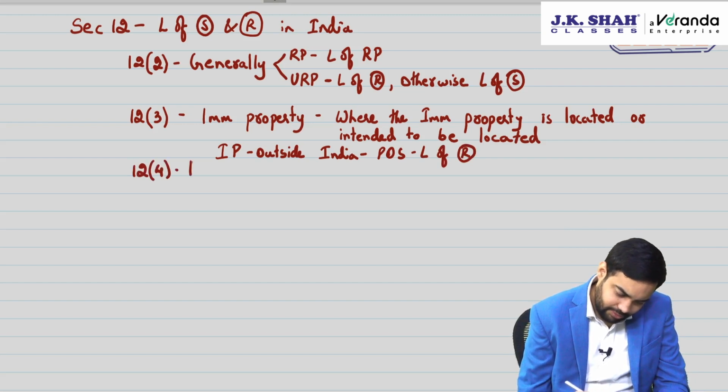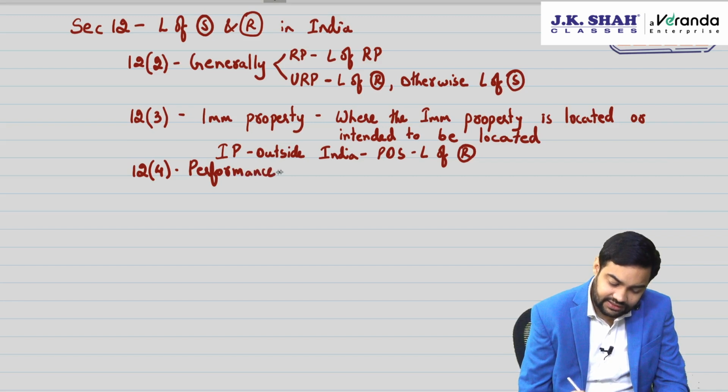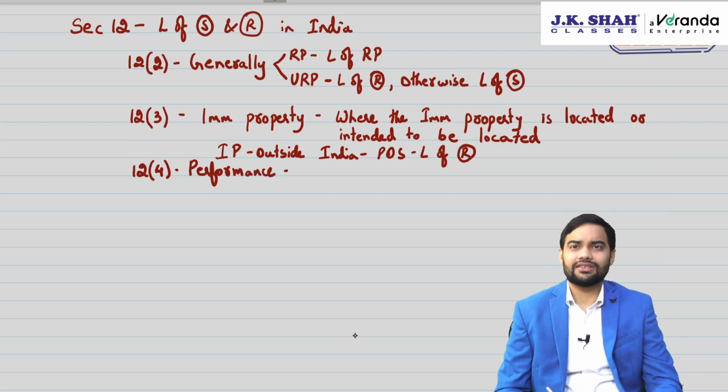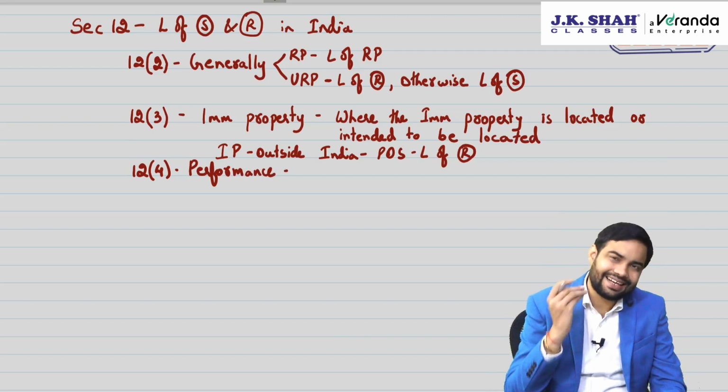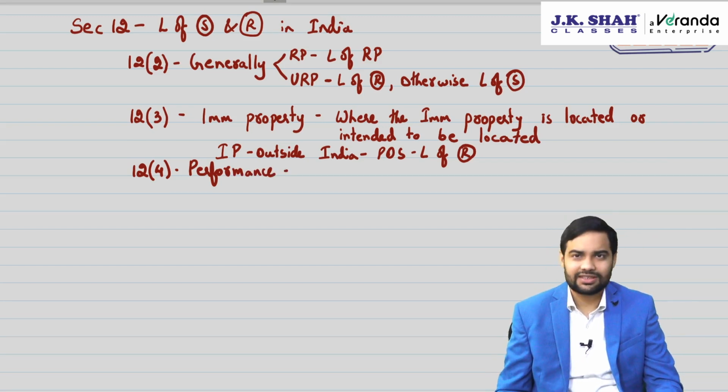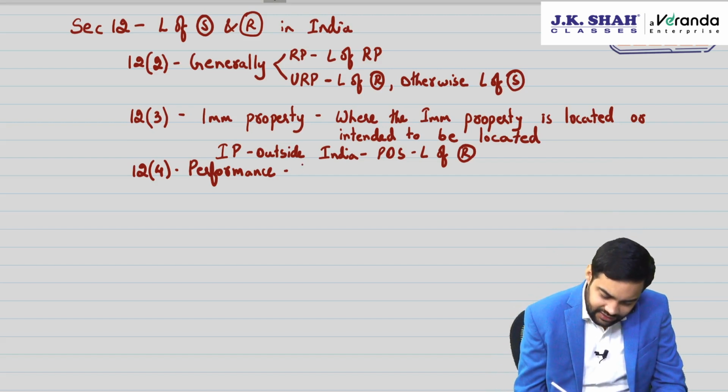12.4 is some performance services, but this is not as wide as 13. 13 is very wide. It covers so many performance based services because it says the moment the recipient is making available the goods for some repair, for some processing to the supplier, it becomes a performance based service. Here it's a very narrow list like restaurant,